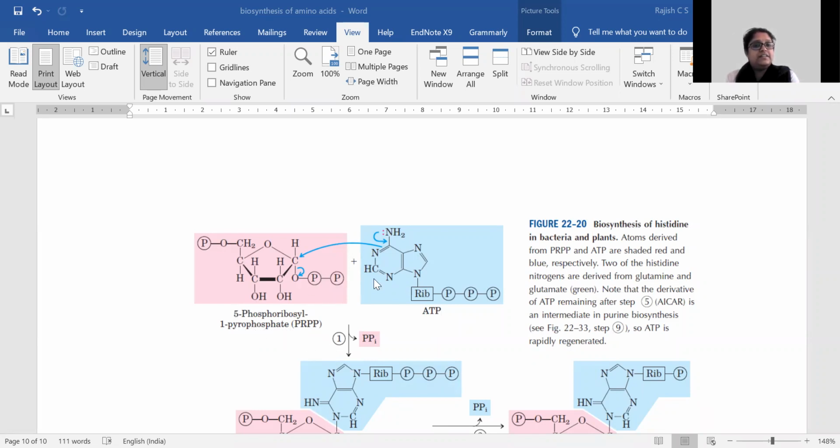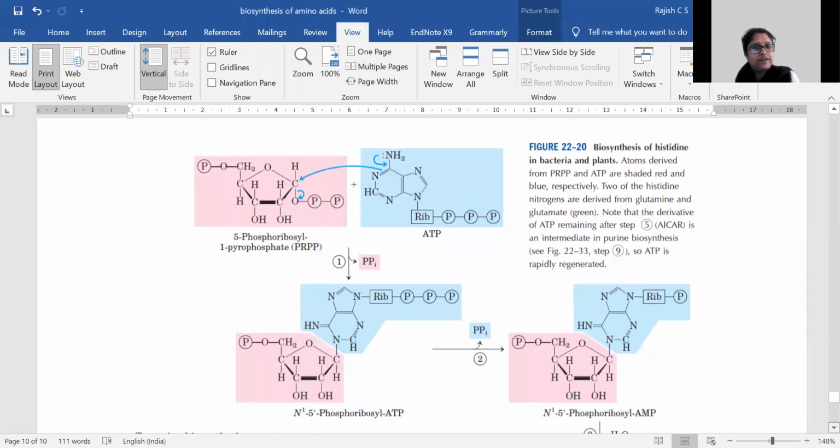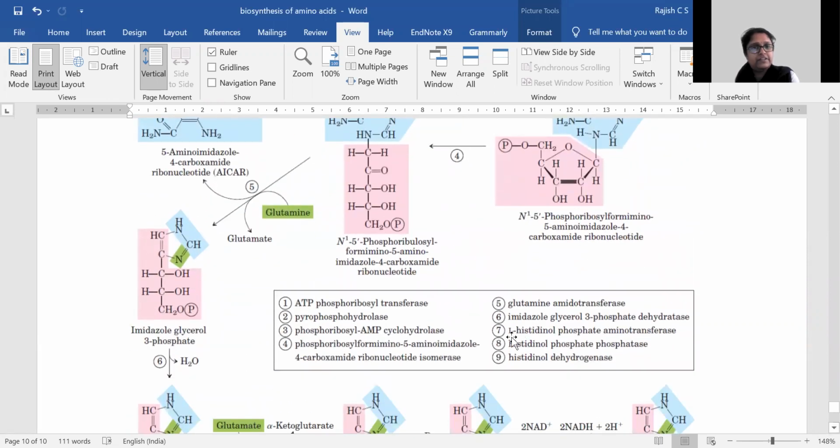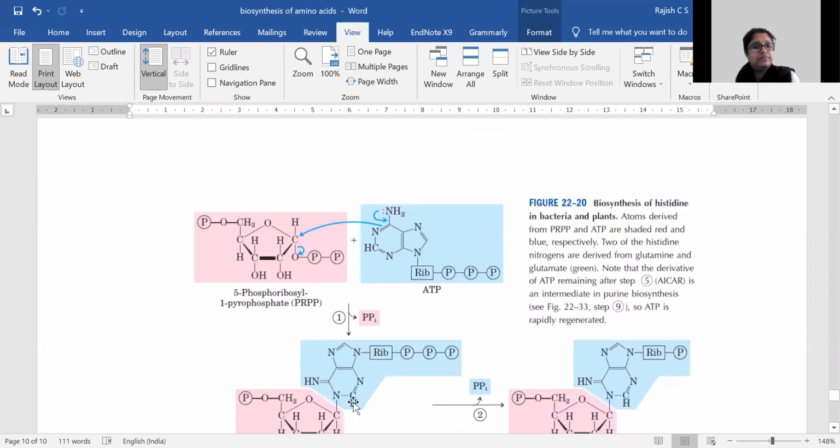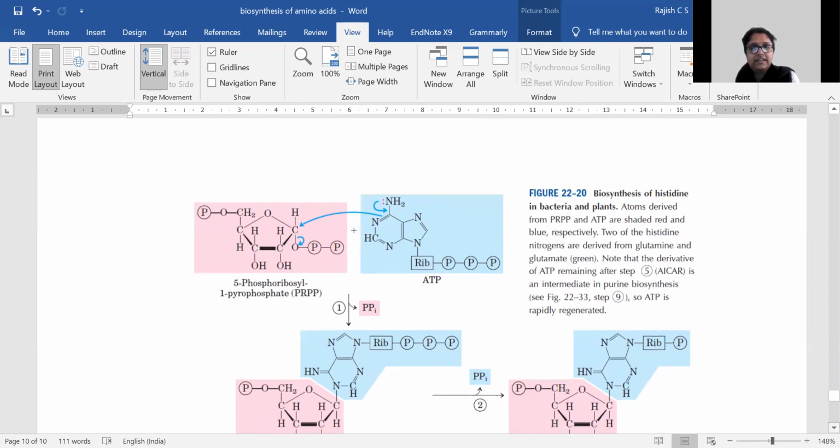So this combines with ATP and the pyrophosphate part of the PRPP is actually removed, and this is the first step in histidine biosynthesis, and this is done by ATP phosphoribosyl transferase. So this ATP phosphoribosyl transferase will add this phosphoribosyl to ATP, and once